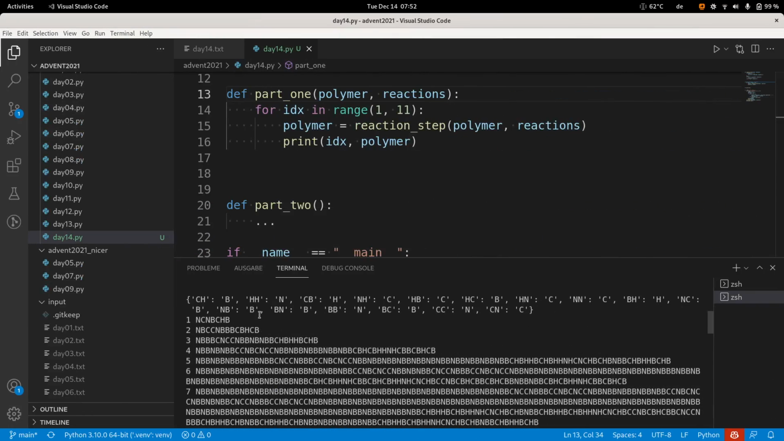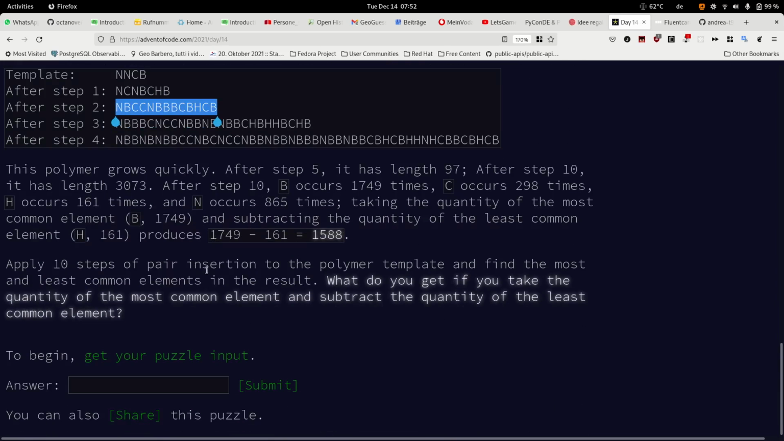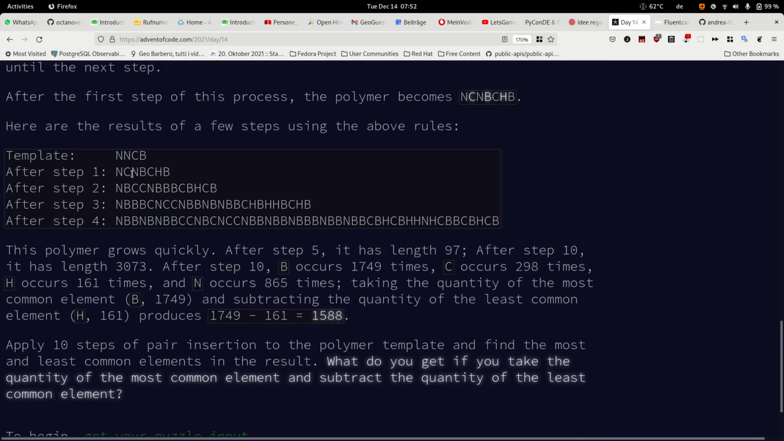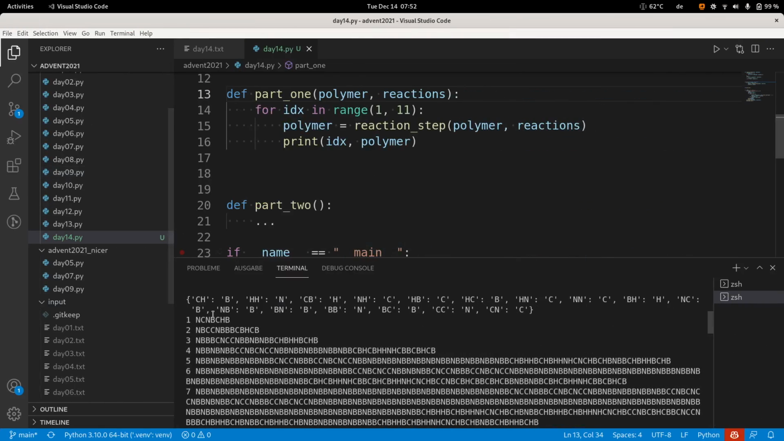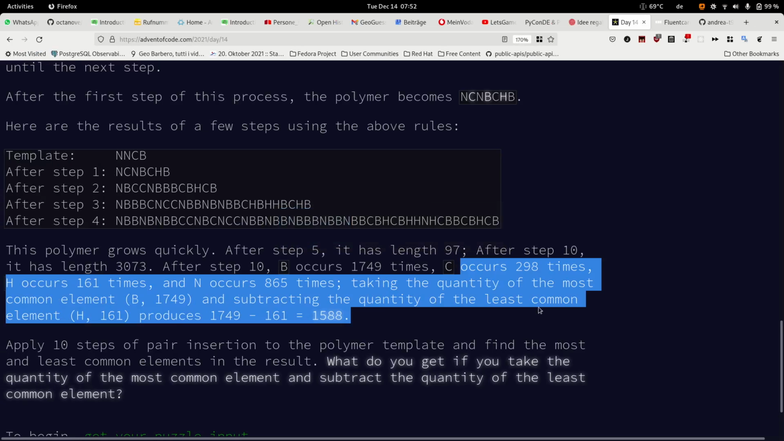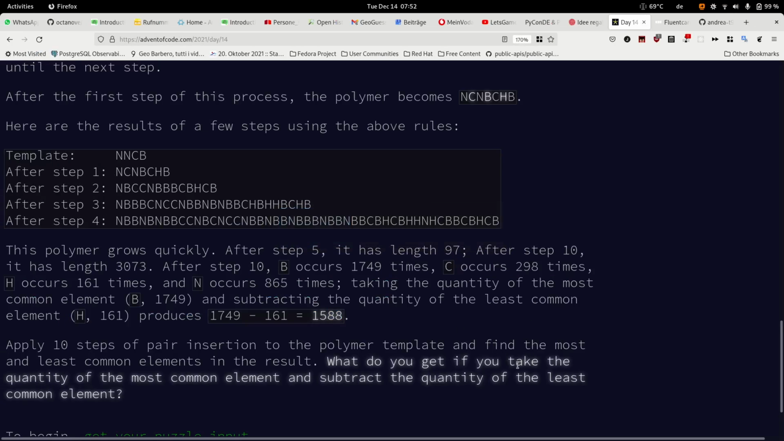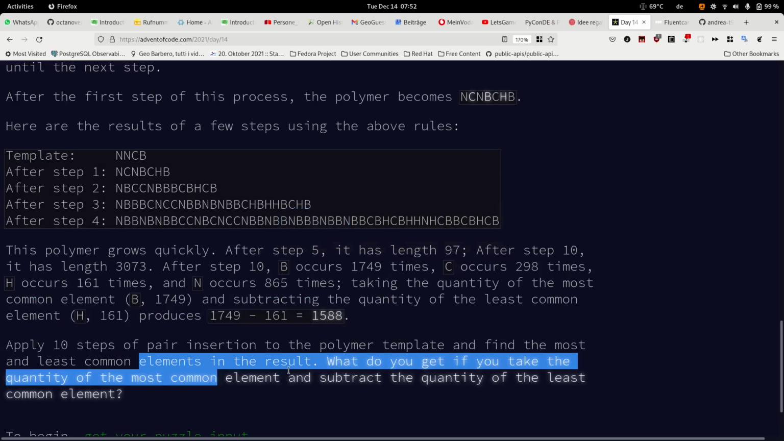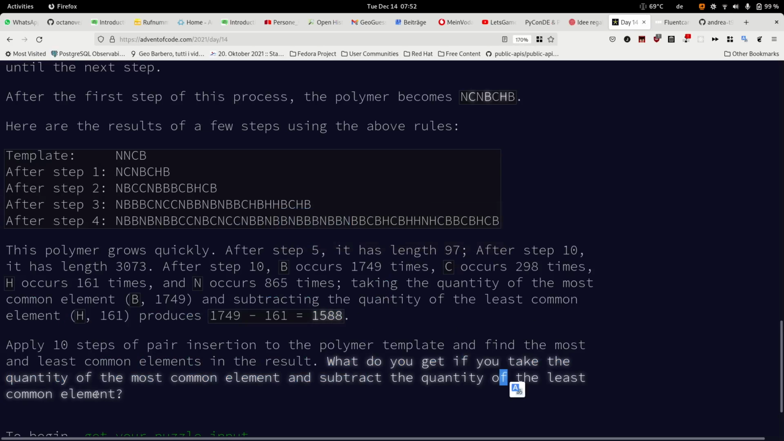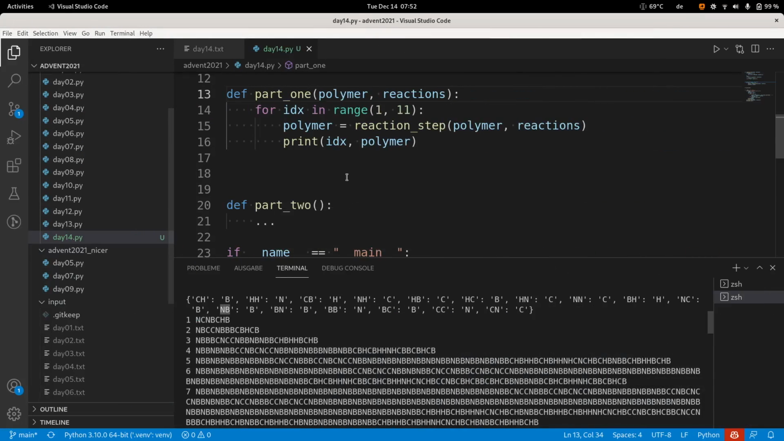Okay, it seems correct. What is the problem asking? Okay, step 1 it seems correct, so we are matching correctly the steps and the length. What is the problem asking? It is asking us what do you get if you take the quantity of the most common element and subtract the quantity of the least common element. This is trivial because